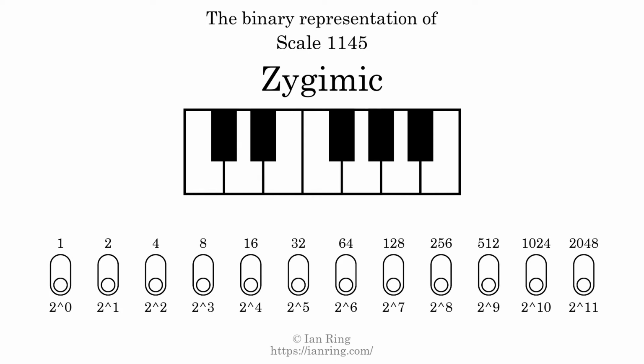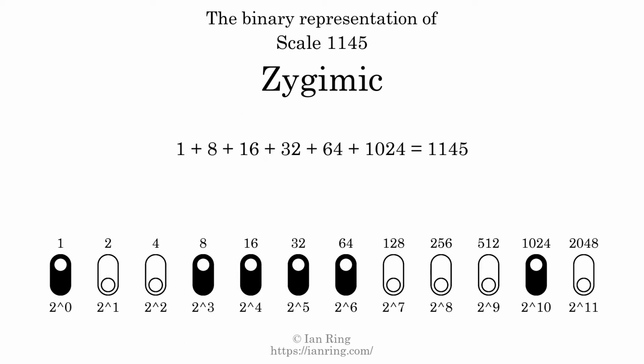The binary representation of this scale is determined by mapping tones of the scale to binary digits. Each binary digit represents a power of 2. To get the scale number, we add the powers of 2 together. The powers of 2 that are present in the scale, all added together, equals 1145. That is why the scale number, in decimal, is 1145. The scale number not only enumerates the scale with a unique index, but it also literally describes the tonal content of the scale. Represented as a binary number in base 2, the scale number is